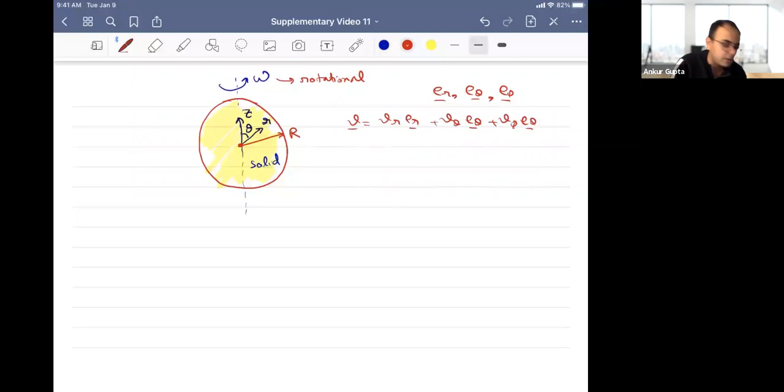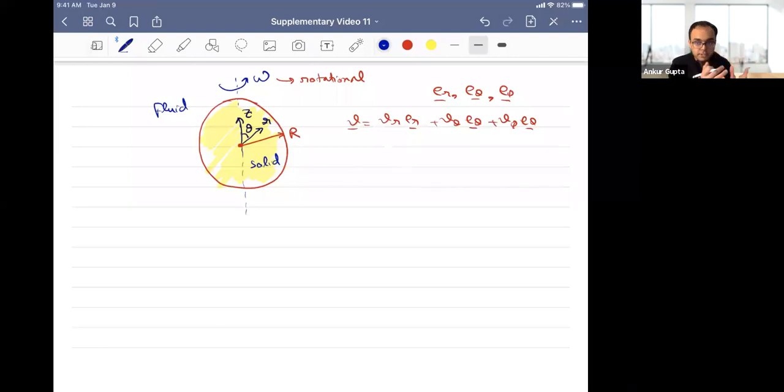Okay, and the fluid is around it. So this is a solid sphere, and the fluid is around it, outside. When the solid is moving, it's creating flow in the fluid. So the movement of the solid creates that. There will be a no slip condition. Basically, the solid is rotating, so the fluid on the surface will also rotate. There cannot be any penetration into the surface because it's a solid.